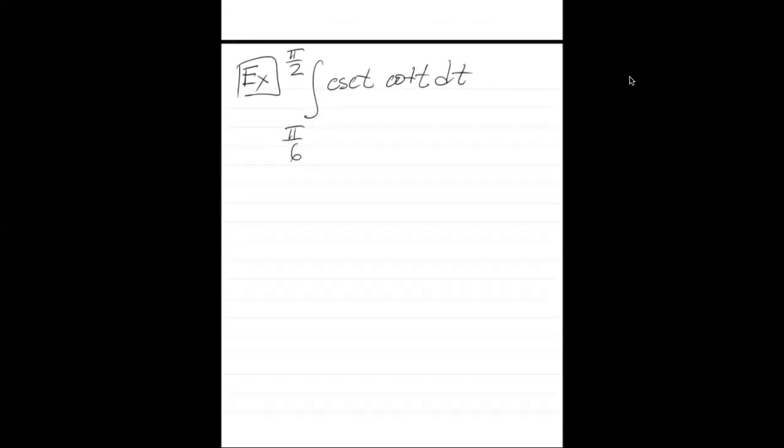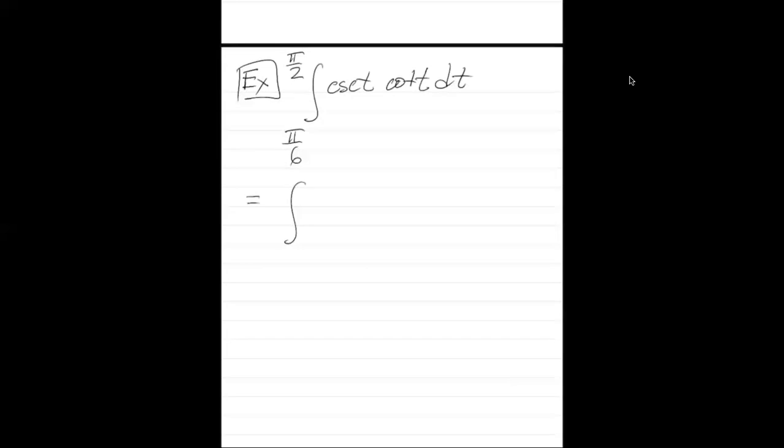All right, another example with trigonometry this time. So definite integral from pi over 6 to pi over 2 of cosecant t cotangent t dt. Again, we have a product. So we need to do something with this product before we integrate. We're going to rewrite each function in terms of sine and cosine. So cosecant is 1 over sine, and cotangent is,